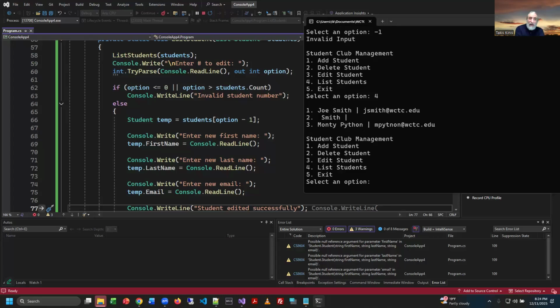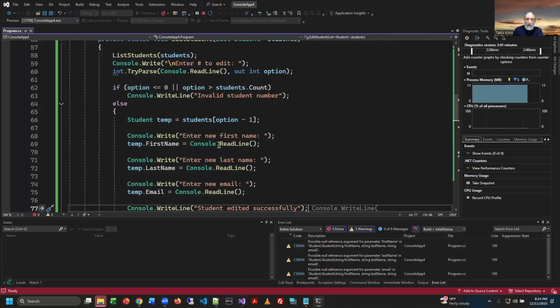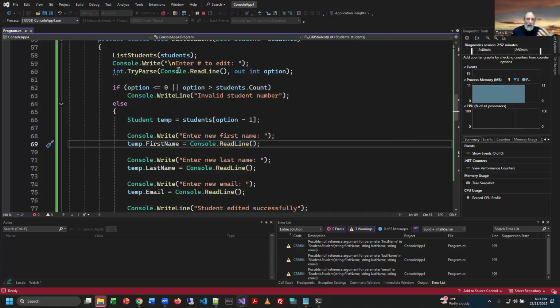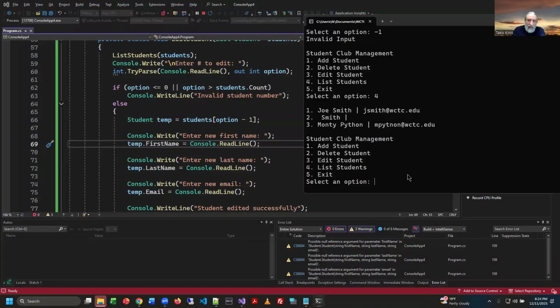Not good. Right. So if I don't want to change Jane's first name and email, I have to type the information back in. Now, if you guys want to take this down a more complicated path, you could do this. I could add if statements here, right? For example, if the read line here is blank, don't change it. So I could write an if statement to accommodate that. But at this point, frankly, I think the smarter move, now that I see that I broke Jane's name, is to go in,